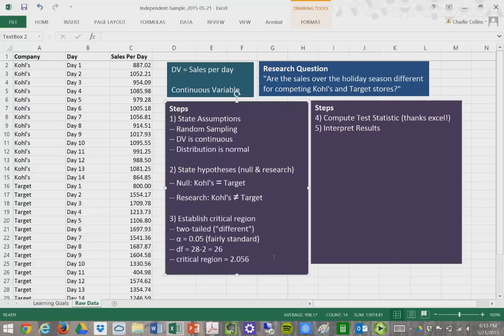Now we go down here and we establish our critical region. Because we say different, we don't say it's directional. We're using a two-tailed test, with an alpha level of 0.05 as we typically do. Our degrees of freedom are 28 minus 2 for the independent sample t-test, which is